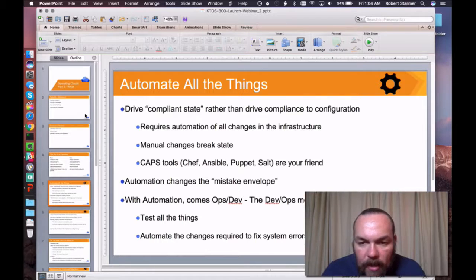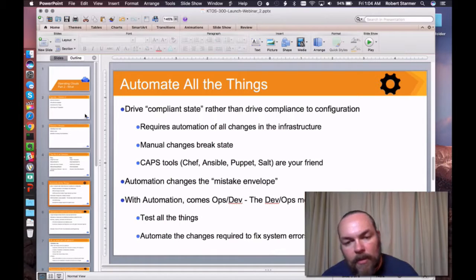In order to do that, we have to automate the state. In order to do that automation, we have to follow a development life cycle. And that really comes down to all of the sorts of things that the DevOps teams always talk about when they start thinking about how they're building their applications. We need to test all the things. So it's not just good enough to automate them and say, look, I've got scripts that do all this automation.